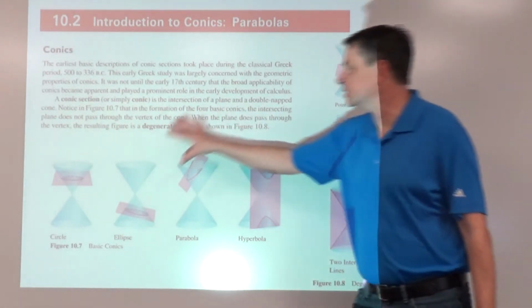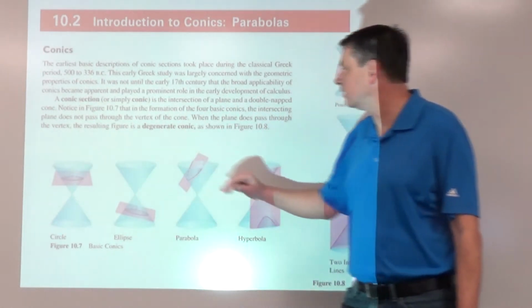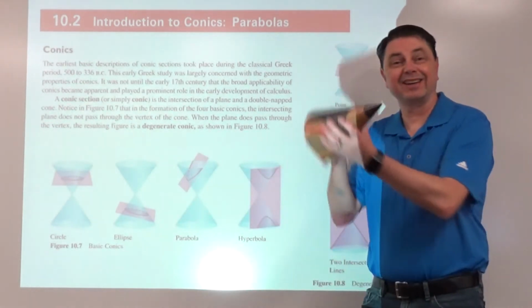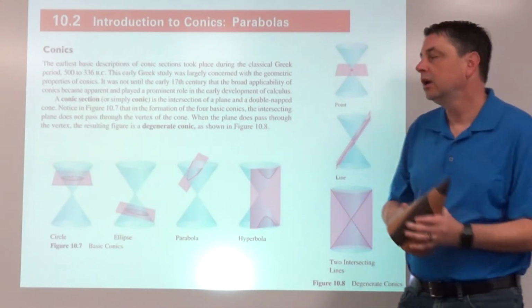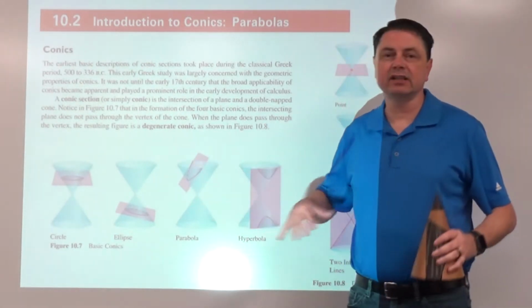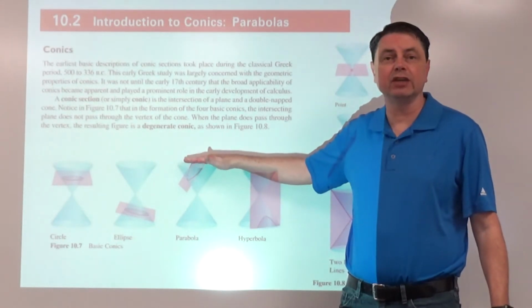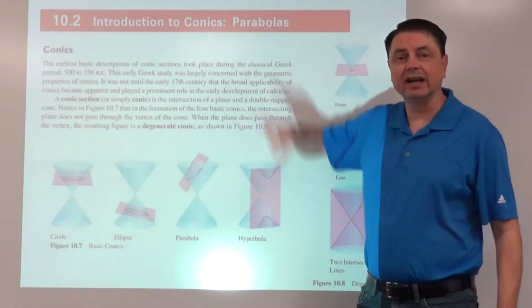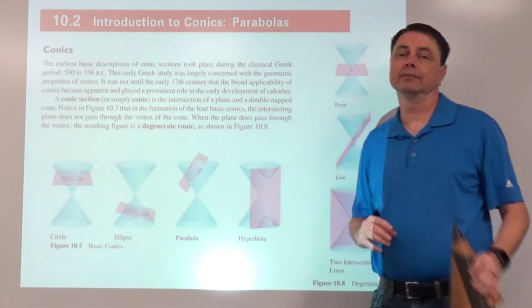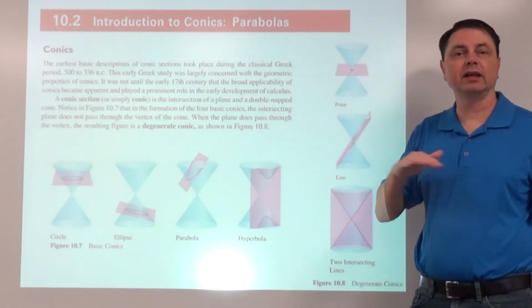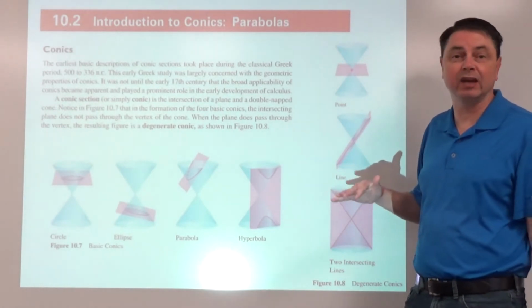So our conic sections are when we have a double napped cone. It looks like one cone sitting on top of the other. But it's not really a cone in a geometry sense, because it doesn't have a true base, since the sides keep extending forever and ever. So we're talking about a double napped cone, and intersecting or slicing it with a